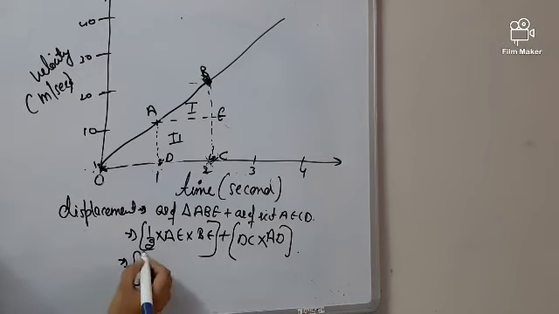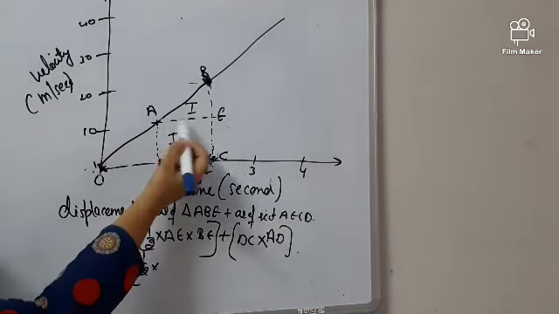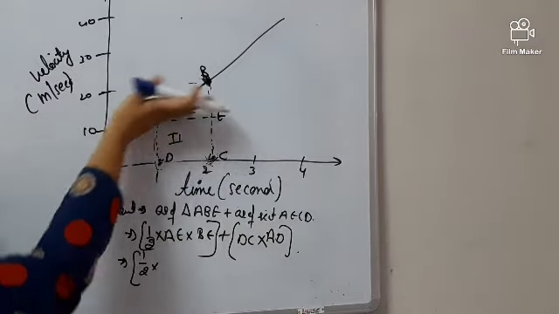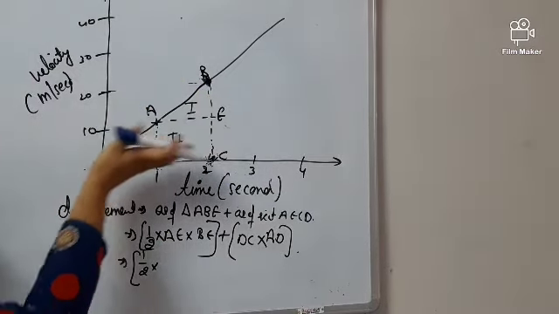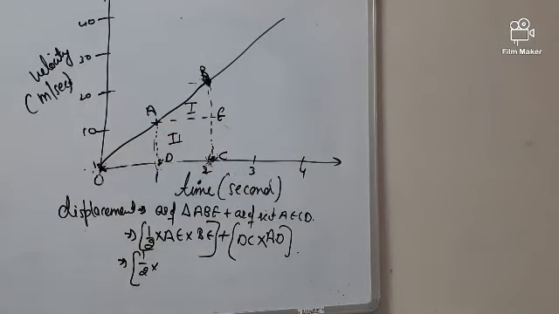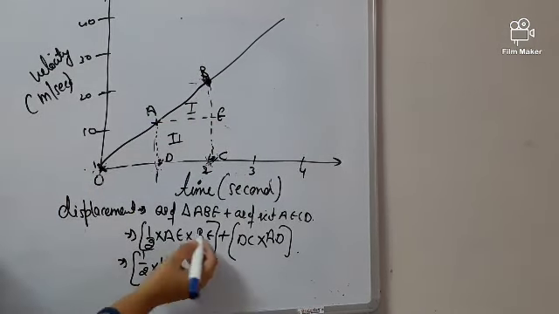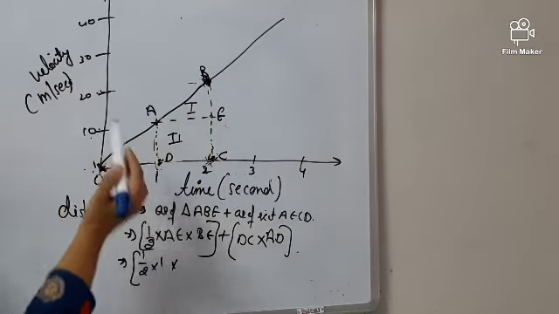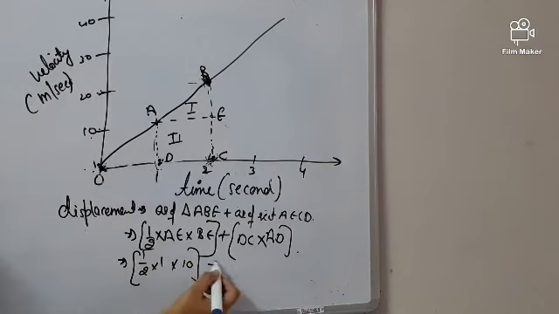Half we write as it is AE. It starts from 1, it ends at 2. See, A is like this across x-axis. So we take x-axis values. Fine. So AE is 1 to 2. So 2 minus 1 is 1. BE, it goes from 10 to 20. So 20 minus 10 is 10.